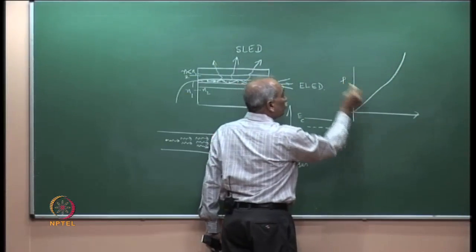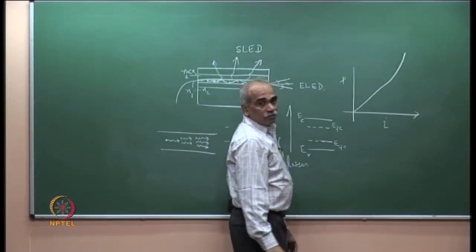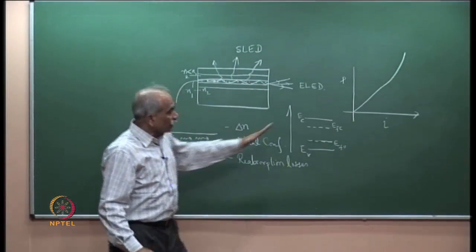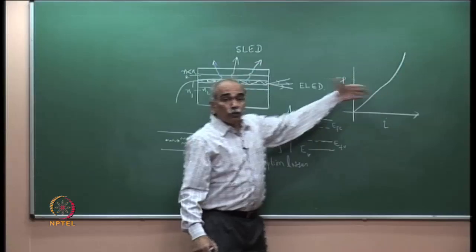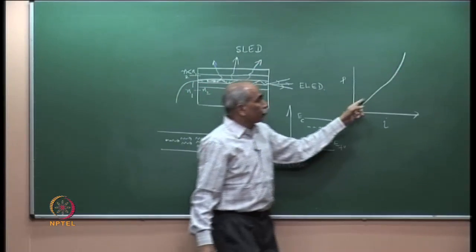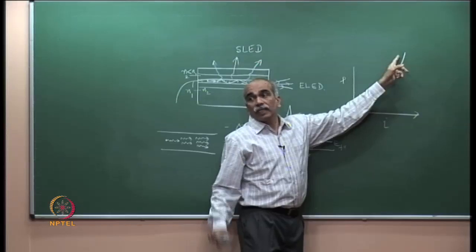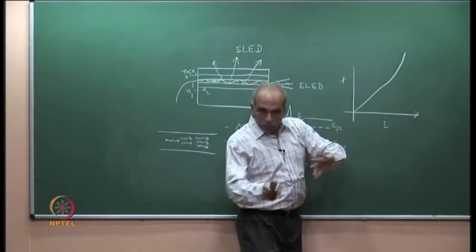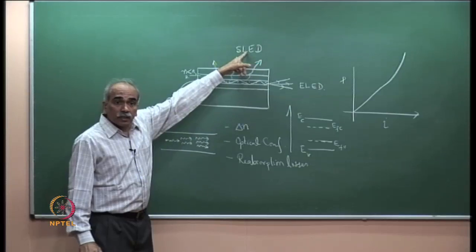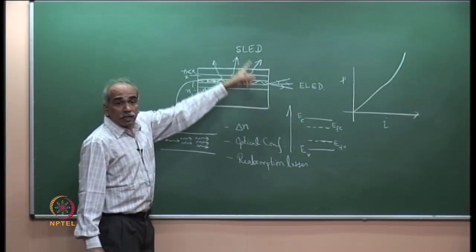This is P versus I. I have not shown that yet, because there are three reasons why it was saturating. The two reasons which we discussed are still dominating, and therefore we are not able to see this even in an edge emitting LED. I will return to this, but as far as SLED, surface emitting LED, is concerned,